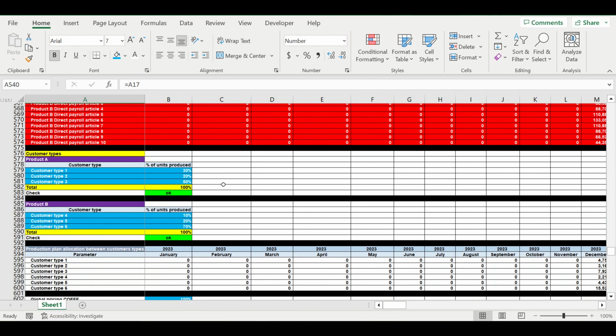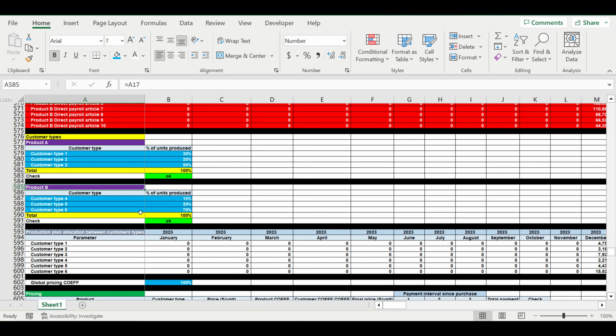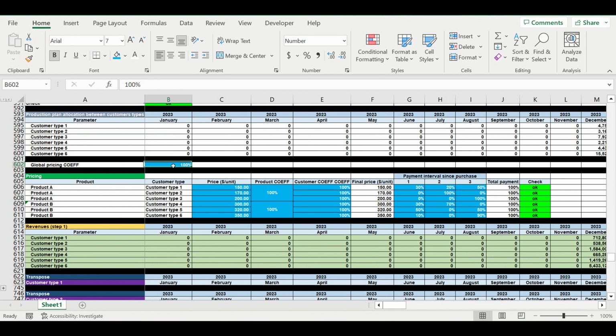Then we start talking about the revenues. So we assume that we have 3 types of customers for each type of product. And then we allocate the percentage of units produced between these 3 types of customers for each product A and B. And then we have global coefficient for pricing. Then we have local coefficient for product A pricing, local coefficient for product B pricing, and